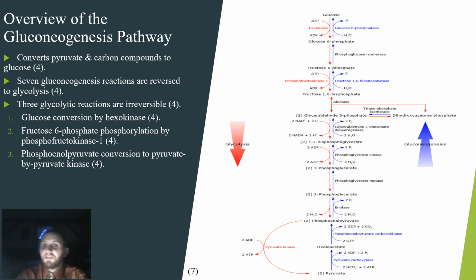And of course, this is being converted by the 2 water molecules by the enolase. And this converts it to the 2 2-phosphoglycerates. And in order for the 2-phosphoglycerate molecules to be converted to 3-phosphoglycerate molecules, the phosphoglycerate mutase converts this molecule. So, with that said, the 3-phosphoglycerate molecules are being converted by the phosphoglycerate kinase into becoming the